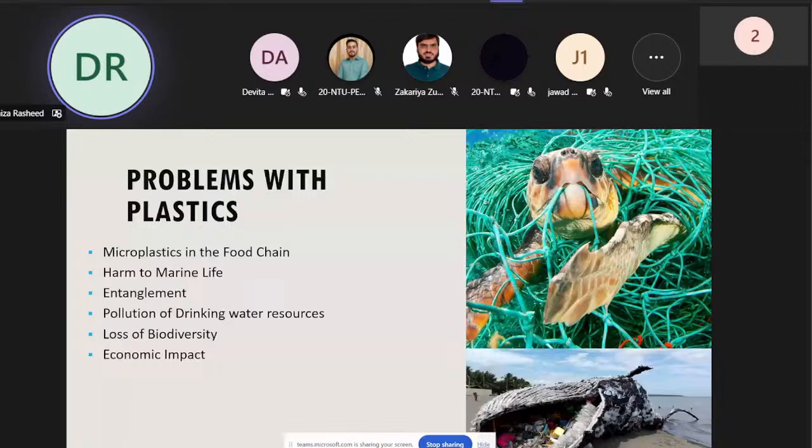And we have seen some of the worst examples in previous years. For example, a bigger reason for the flood that we had in Pakistan last year was associated with climate change, and climate change is directly or indirectly associated with the extensive use of fossil fuel resources. So in one way or another, we have to reduce our dependency on these fossil fuel-based plastics, or overall on fossil fuel-based products.